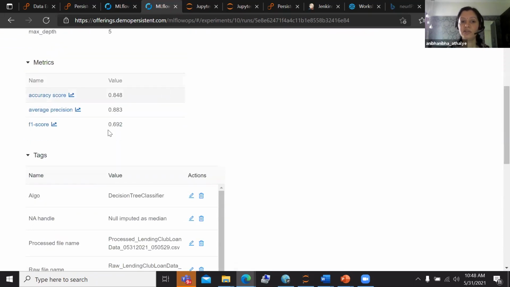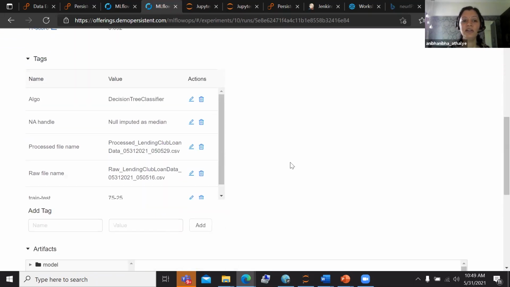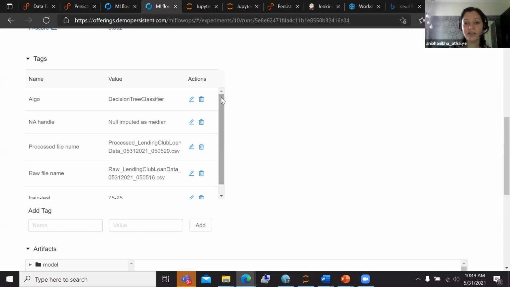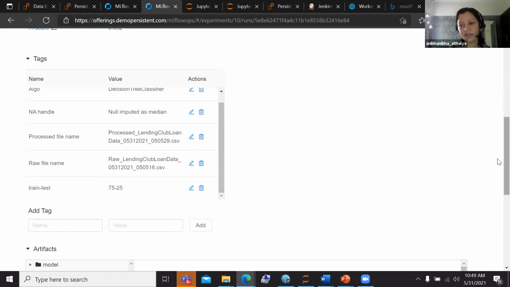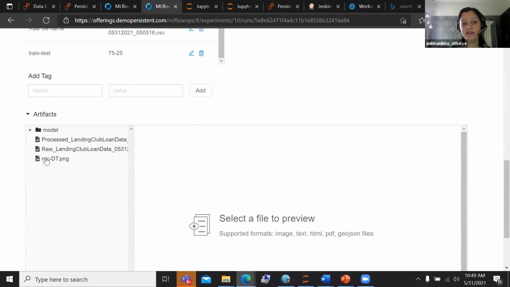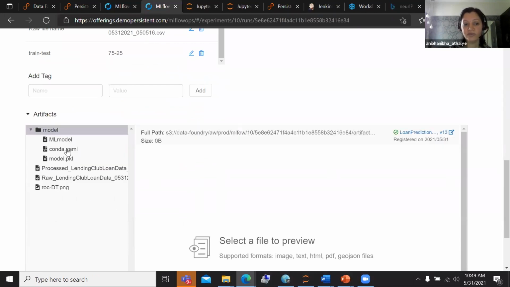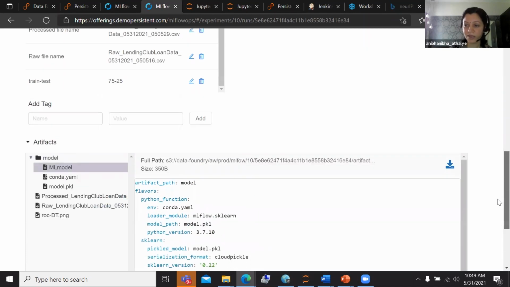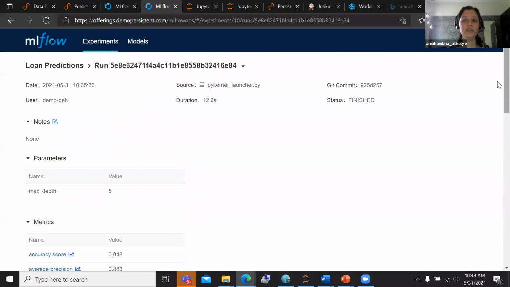It tells me what was the accuracy score. It gives me all the details, including the processed file that was used and the raw data file that was used. I can have a look at it, retrieve data from here very easily. I can look at all the other things like the imputation methods used, the train test split that was used. More importantly, I can go and have a look at the configuration file, which allows me to recreate or reproduce this model. I will pause here for a second if there are any questions on the reproducibility aspects or the experiment tracking aspects before I move forward.